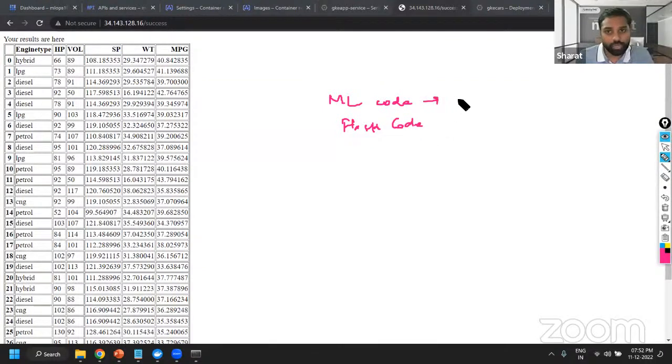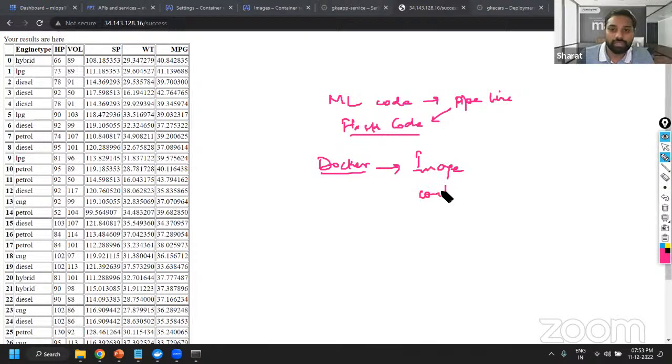right? And this ML code is basically developed using pipelines. So you have saved models which are embedded along with Flask code. Then you can use Docker and then Dockerize it. That is, you generate an image and a container. So first we'll create an image, and then we will try and have this image pushed into the hub, right? And from the hub,